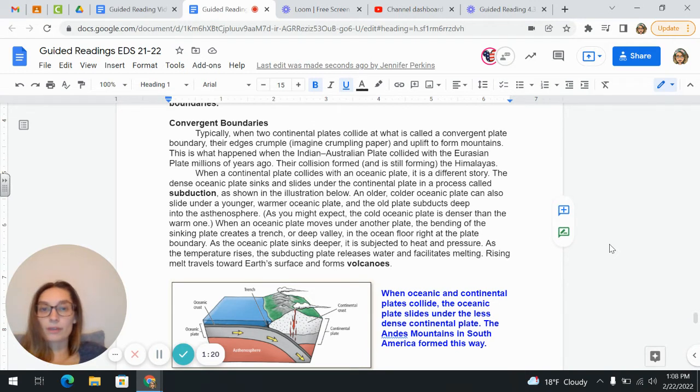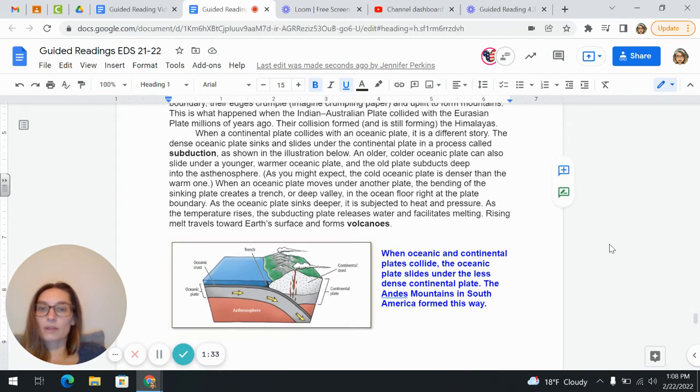So imagine crumpling paper and uplift to form mountains. This is what happens when the Indian-Australian plate collided with the Eurasian plate millions of years ago. Their collision formed, and is still forming, the Himalayas. When a continental plate collides with an oceanic plate, it is a different story. The dense oceanic plate sinks and slides under the continental plate in a process called subduction, as shown in the